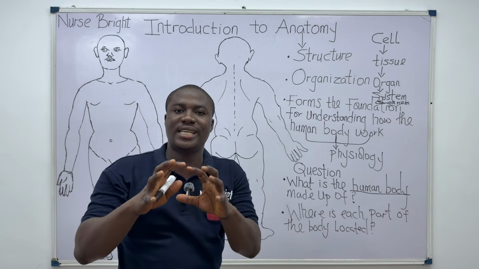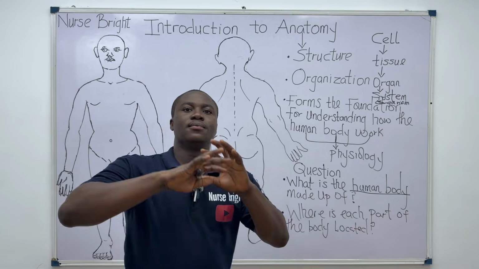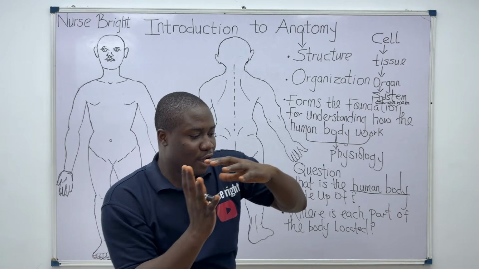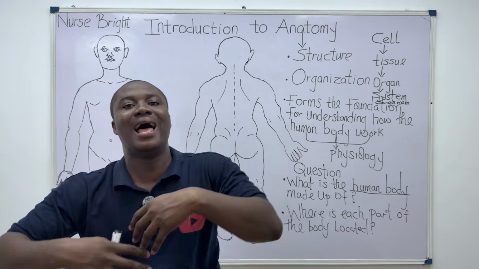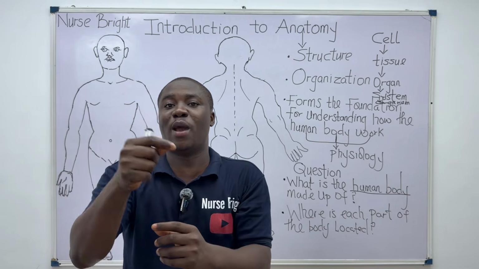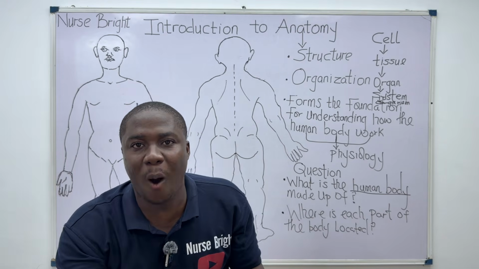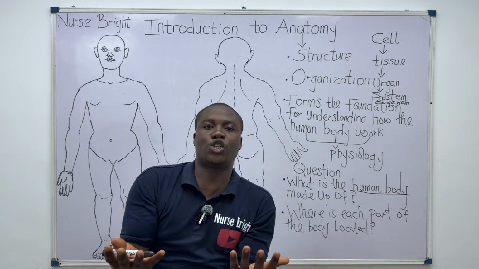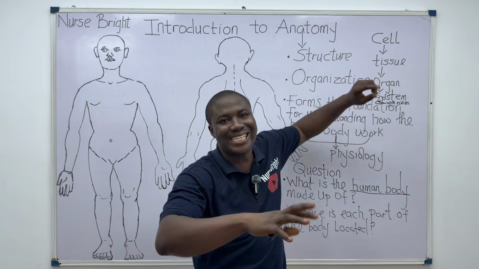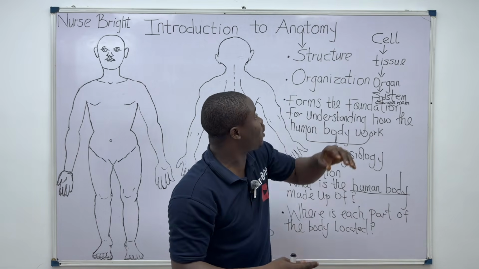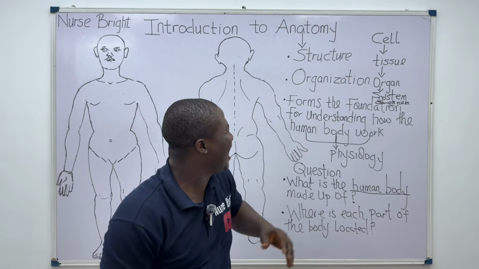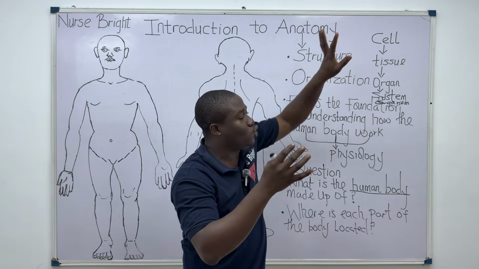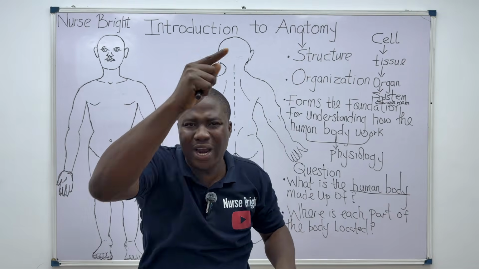So basically, what I'm saying right now is that the human body is made up of structures of different sizes. Some of them are bigger than the others. And also, the human body is made up of structures of different complexities. Some of these structures could be cells. Some could exist as tissues. Some could exist as organs, all right? Some could exist as systems. Are you there? And all of these together form you and I, which is the organism.